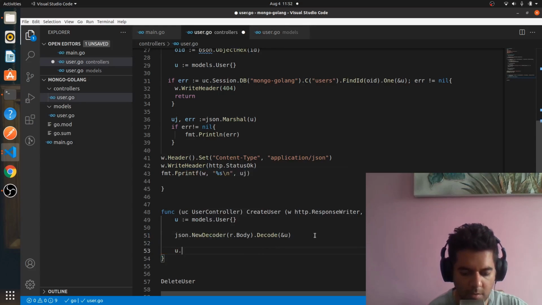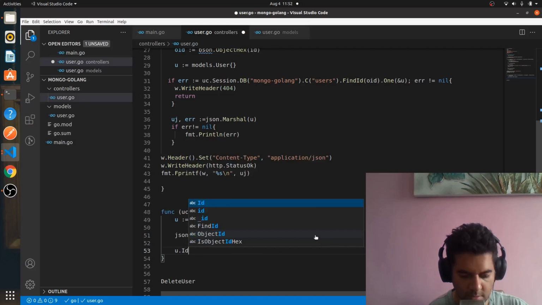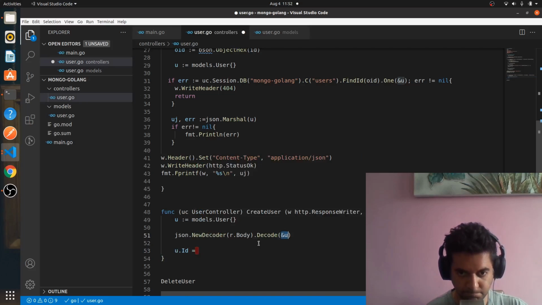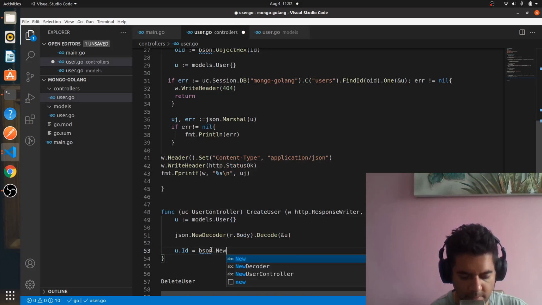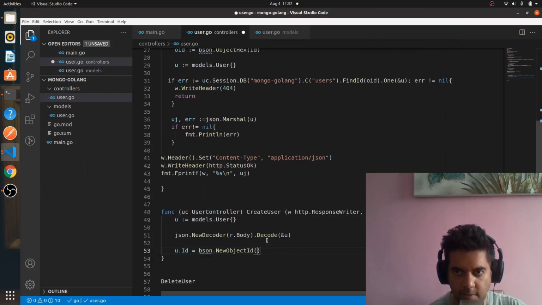Now u.id. So you have u, but you want to create an id for u, which will be automatically created. So we'll use the bson package from mongo.bson, and we'll create a new object id for it, right? So let me just make sure we're still recording. Yeah, we're still recording. All right, so we'll create a new object id for the id,